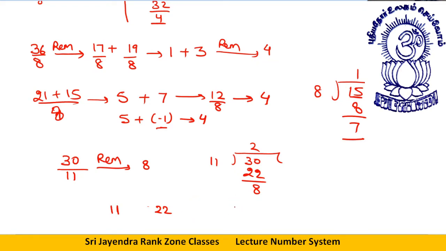Let me draw something bigger. Let's say 30 is located somewhere over here, and 33 is here. These are the multiples of 11. 30 is 8 more than a multiple of 11, so you can say a remainder of 8, or 30 is 3 less than another multiple of 11. That way a minus 3 remainder is also possible. So these two types of remainders are possible, my dear students. Is it clear to all? So this is the concept of negative remainder.